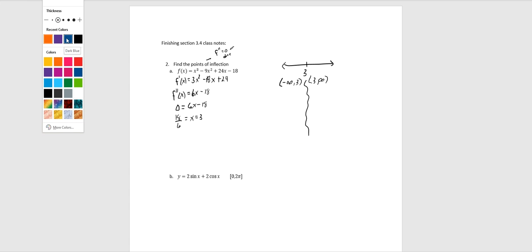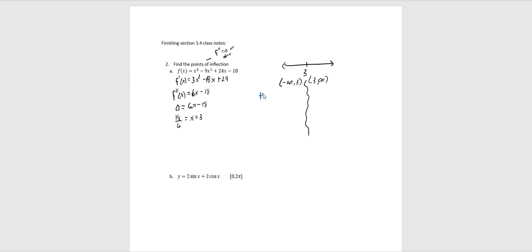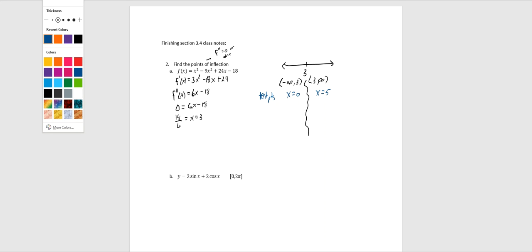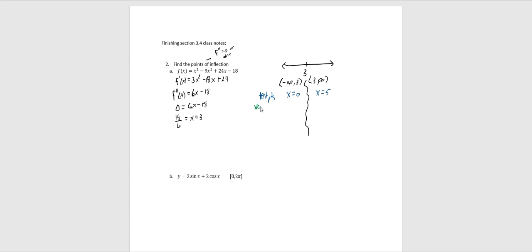All right, so our breakup of our number line is at 3. We'll have an interval from negative infinity to 3 and another one from 3 to infinity. I'm going to put a little line down here because I don't have my chart, but we don't need a chart. We're good. Now, we're going to have test points. I'll use x equals 0 and maybe x equals 5. So with our test points, we will also need a value of the second derivative. So the second derivative at 0,